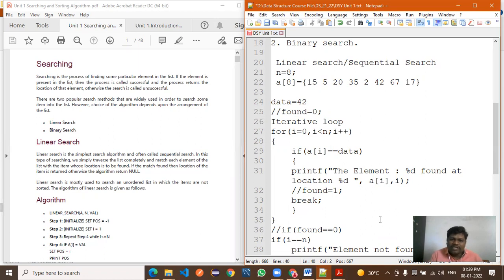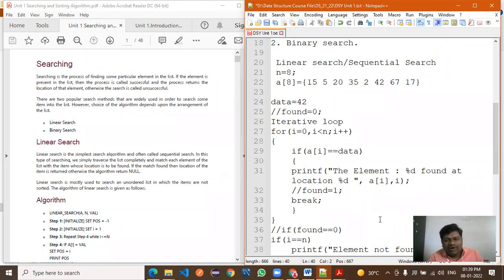If the list is in ordered manner, which algorithm will you use, binary search or linear search? Binary search. And if the list is in non-ordered manner, linear search.